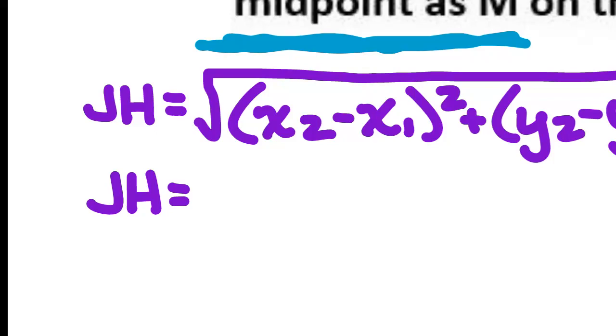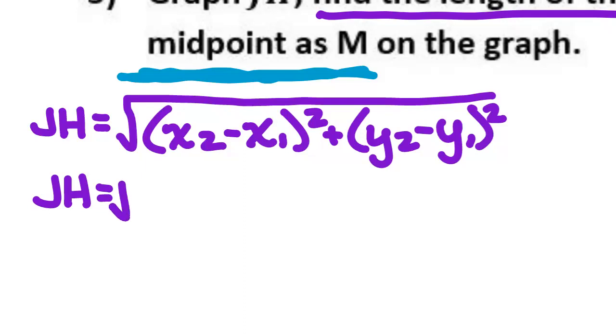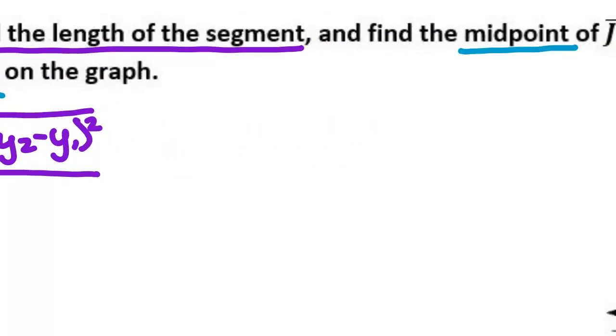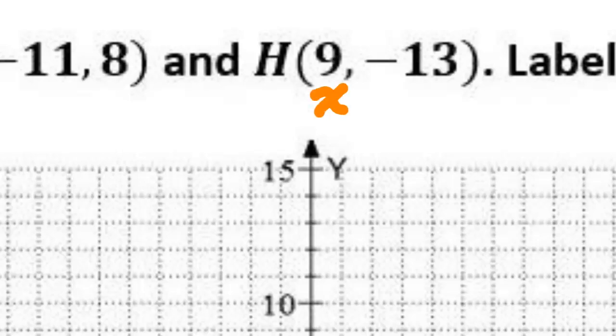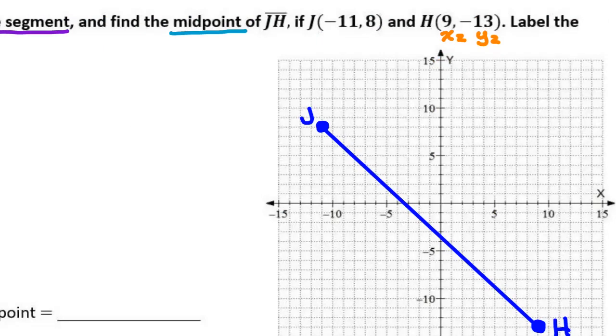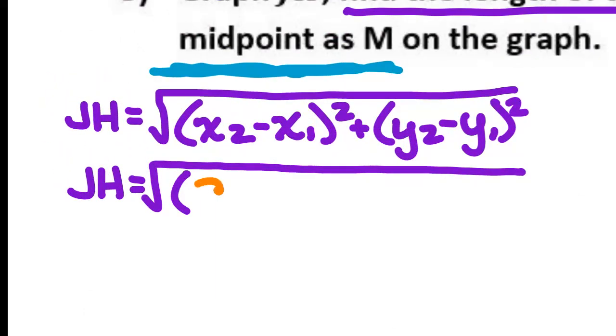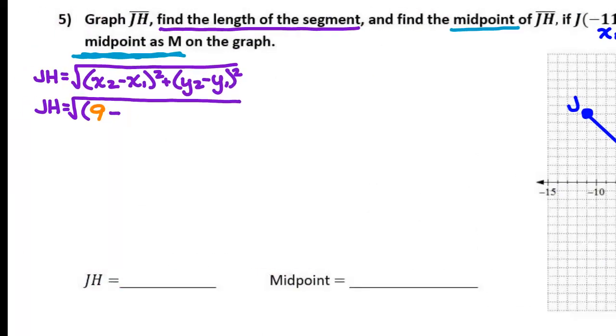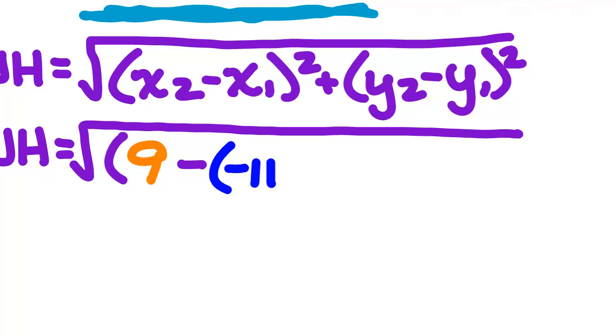Don't get tired of writing down the big long square root sign. I know it's tiresome to write it down all the time, but if you don't write down that big long square root sign, you will not remember to type it in your calculator, and you will not get the right answer. All right, x2. Well, x2 is 9, because I'm going to have this be my x2, y2. So x2 is 9. 9 minus x1 is negative 11. So 9 minus, and then I have a negative